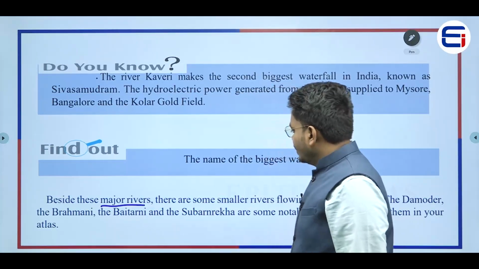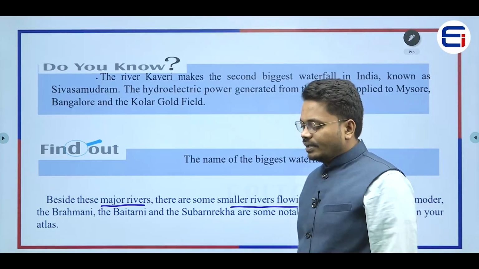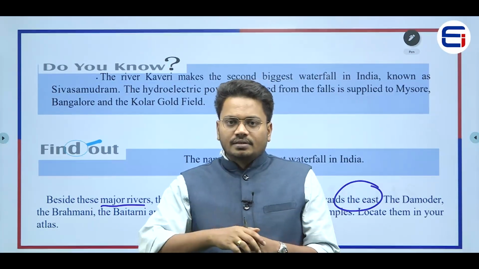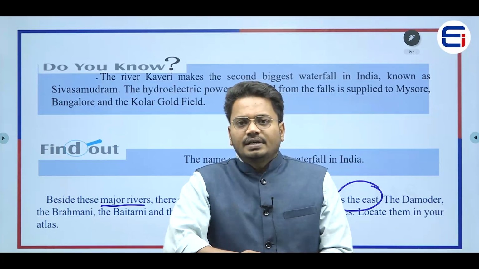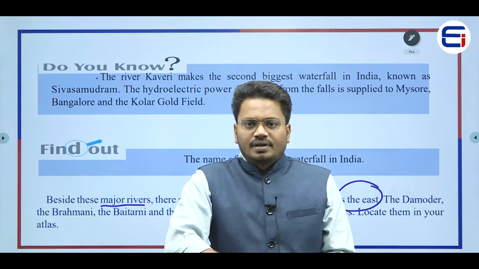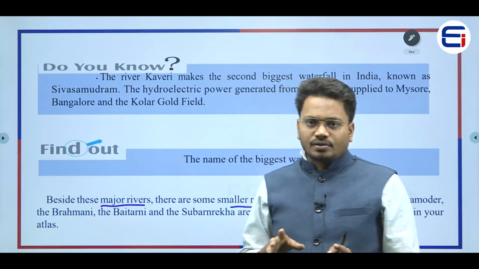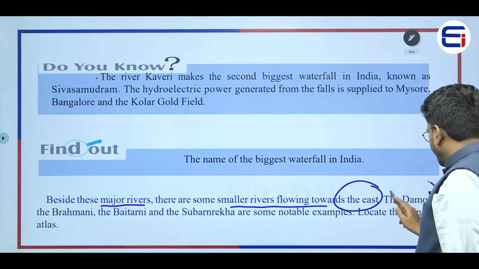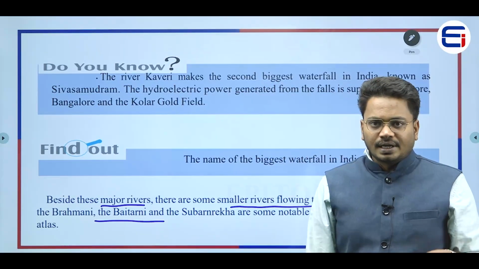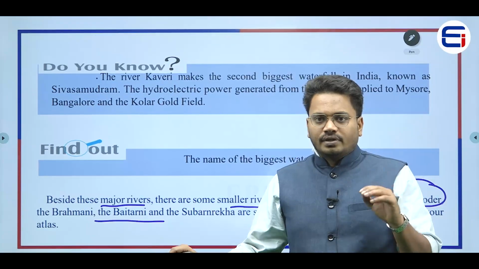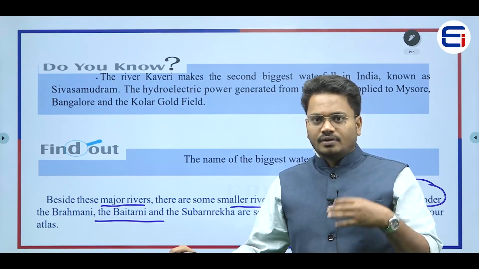Besides these major rivers, there are some small rivers flowing towards the east. What does it mean? If you see the rivers which are flowing towards the eastern side, the major rivers would be Godavari River, Krishna River, Mahanadi, and the Kaveri River, right? So, not only these rivers, there are some other rivers which would be flowing towards the eastern side. First one is Damodar River, Brahmani River, and Baitarni, as well as Subarna Rekha, right? These are also the eastward flowing rivers that originate in the Peninsular Plateau and will be joining the